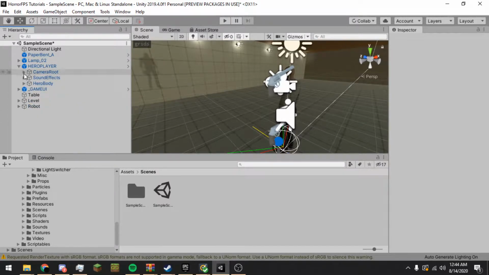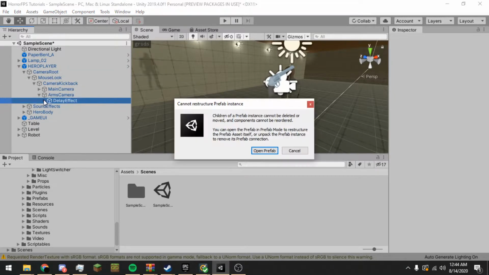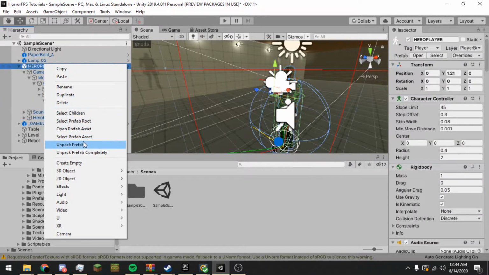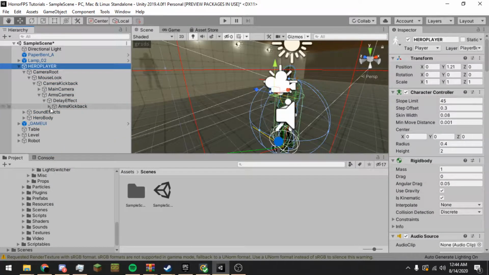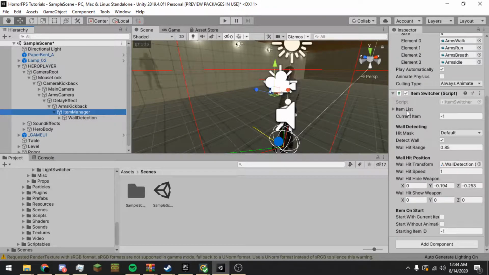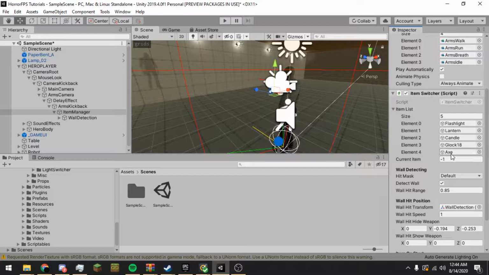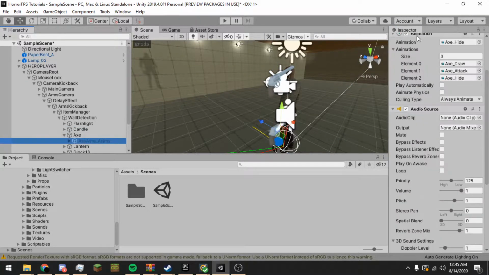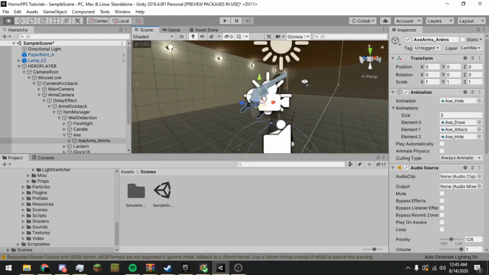The first thing we're going to be doing is changing the actual model. So the first thing you're going to want to do is unpack this prefab here, because otherwise you can't make very many changes to it. So I'm going to change the axe model, and we'll change it to something a little bit better,